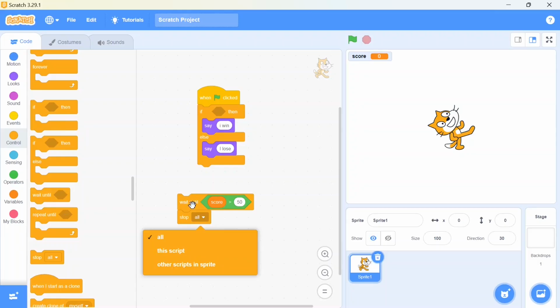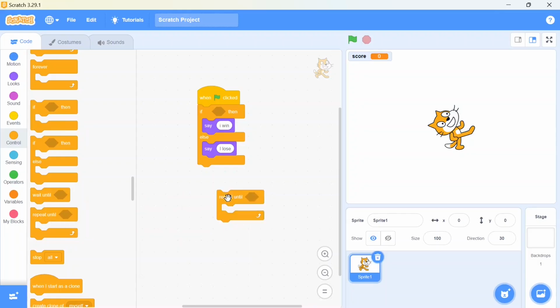Now the next one is repeat until, which means the particular action you are going to repeat until your condition is true. Here you can mention any action, like turning, moving 10 times, rotating 10 times until it reaches the edges. In that case you can use this kind of block. Especially these blocks are used when you are designing a particular story or any game.